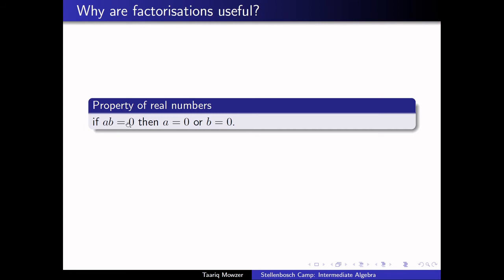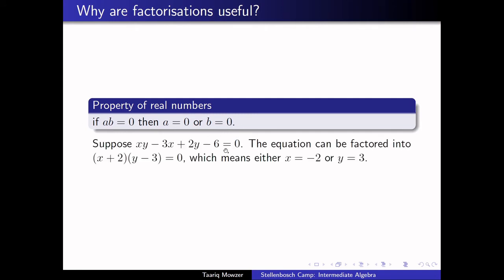So if a times b equals 0, then either a equals 0 or b equals 0. It could be that both of them are 0 also. In maths, 'or' is always inclusive, so both of them can be 0 also. So this is actually a very useful property, because if you're given an equation like this, which seems very unruly,